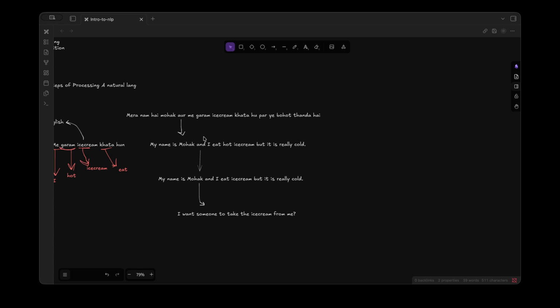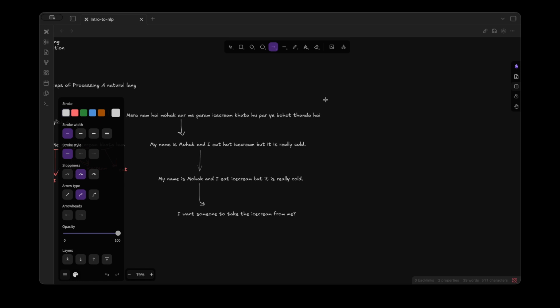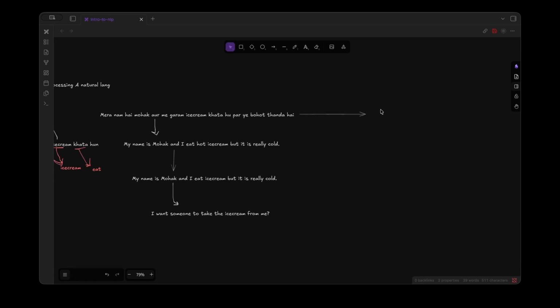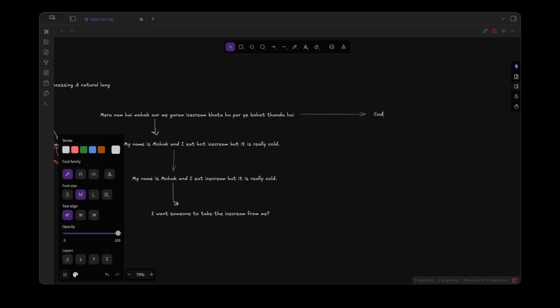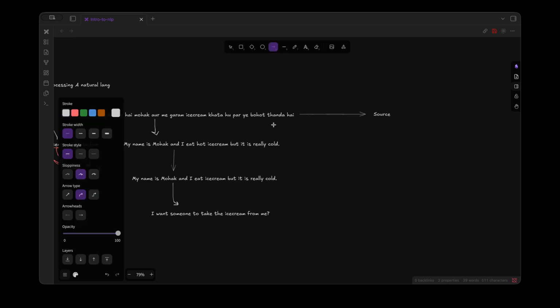like क्या बोलते हैं, in order to understand the steps for NLP or a processing, कि हम कैसे natural language को process करते हैं. So this is all the steps of it. So this is basically okay. Now let's connect it to NLP. This is the particular thing which is what we call the code or the source code or whatever. Okay, source language. Okay. Now इसके ऊपर what we do,